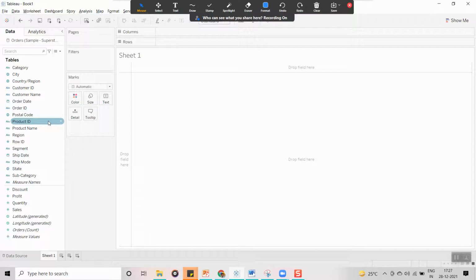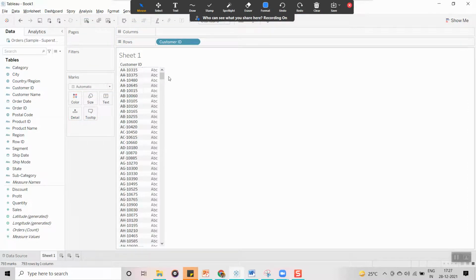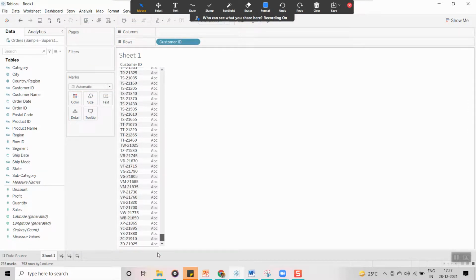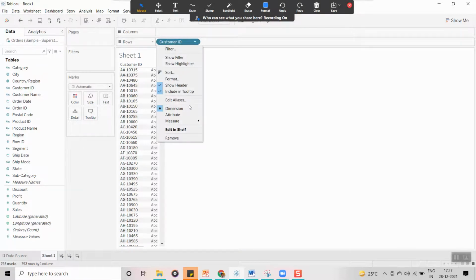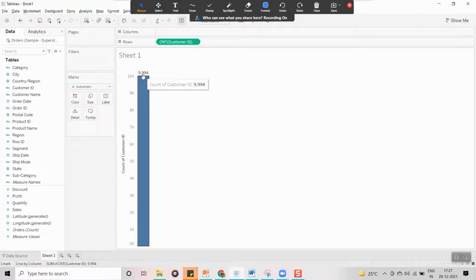Here customer ID is there, and I want to find out the number of customers. These are the different customer IDs. I want to count the customer IDs, so I click here, Measure, and Count. Now it is displaying 9994, the total customer count.